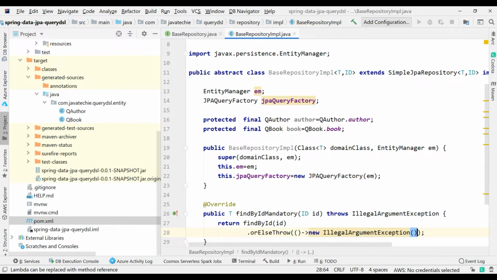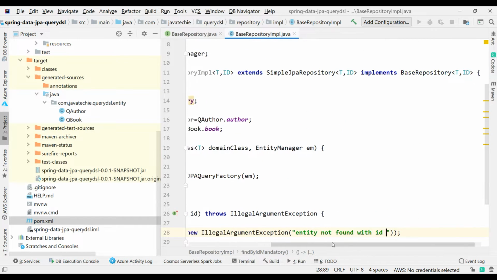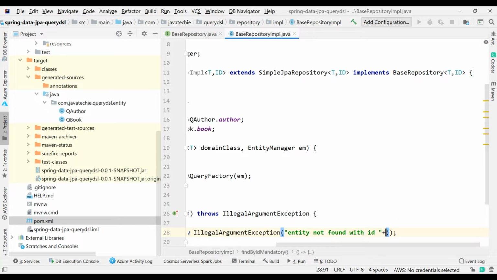I'll pass some message, let's say entity not found with id. You can pass the id here. Fine.